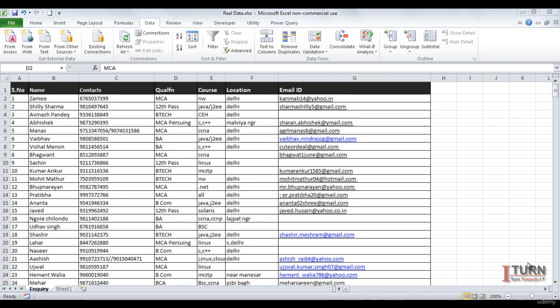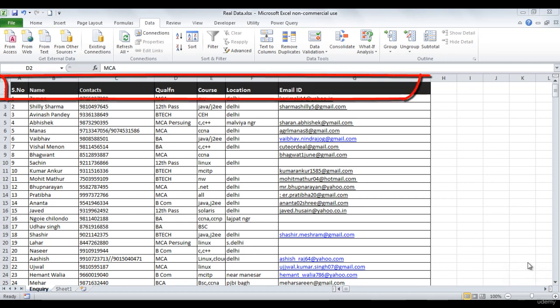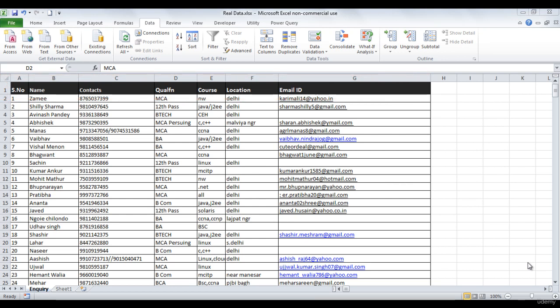In this data, you may see the name of the candidate, contact number, qualification, course, location and email ID being mentioned. Now, how to apply filter in this data and why to apply a filter at all. Let's say if I want to get the name of all the candidates whose qualification is MCA, then I can